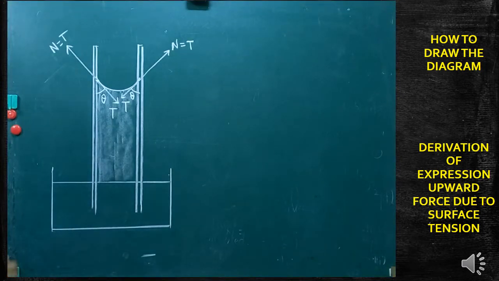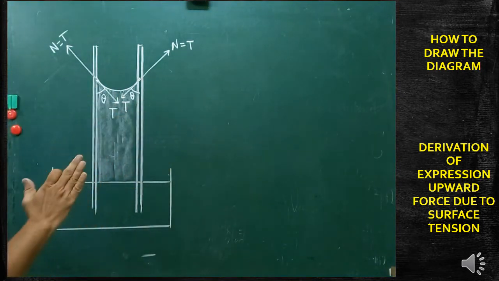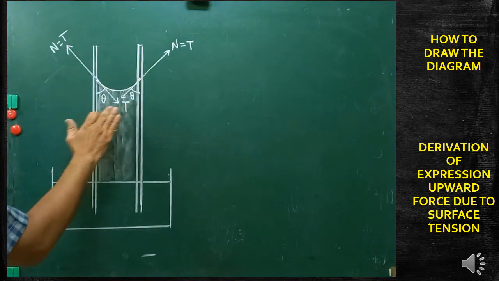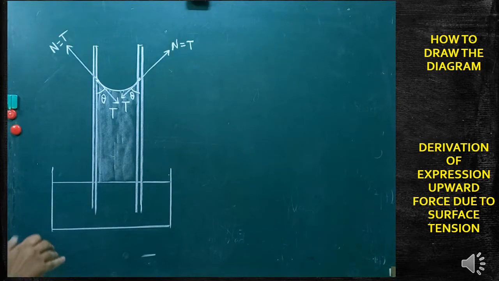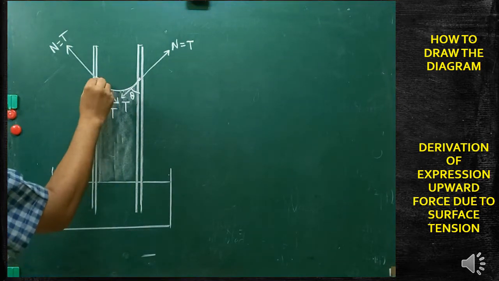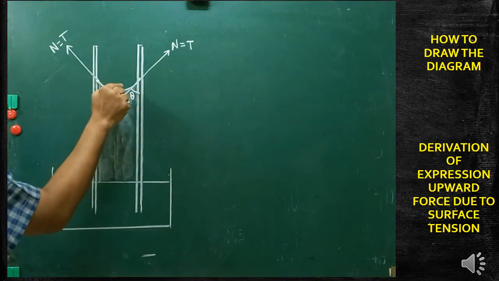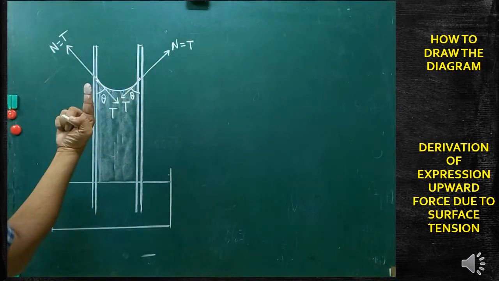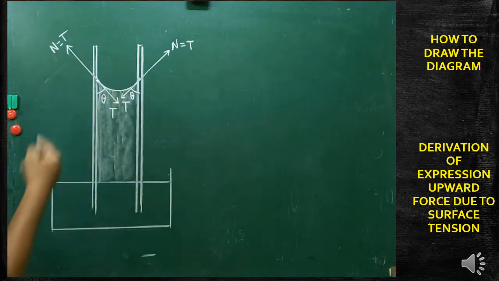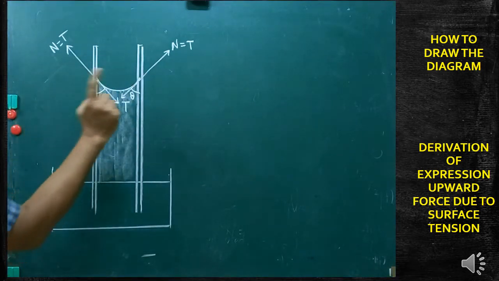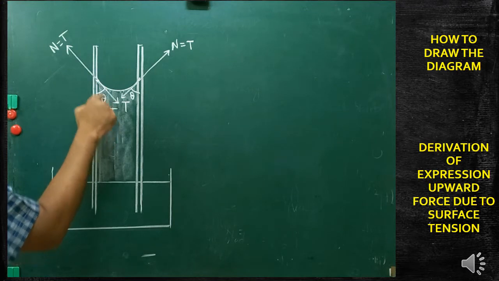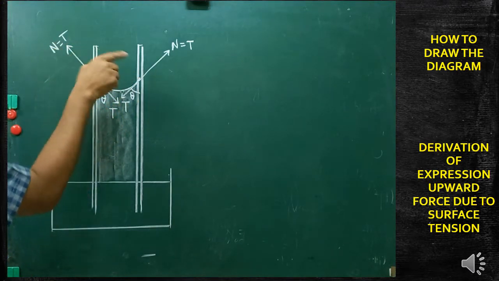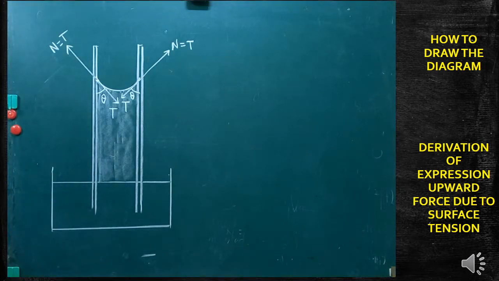Are you clear? So here, since it is a two-dimensional diagram, we have drawn just these two arrowheads and we have seen two forces alone. But actually how will the nature of the surface be in 3 dimensions? All around the circumference, these kinds of forces will be acting. Are you clear? All around the circumference, several forces due to surface tension can be drawn, and several normal reactional forces can be drawn.